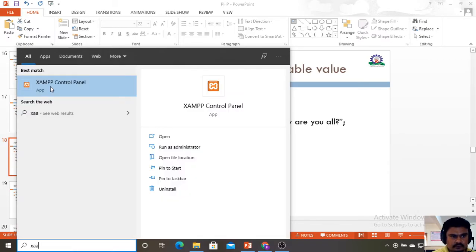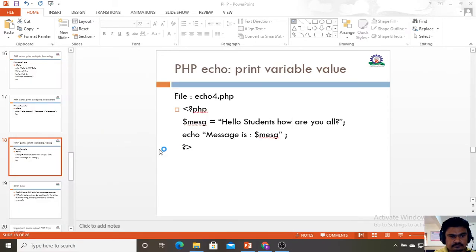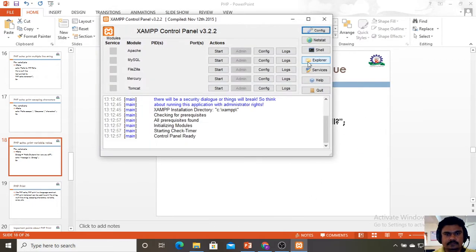I am going to open the control panel of XAMPP. Okay, so it is opened. I am going to start the server. I am using Apache to start the server.